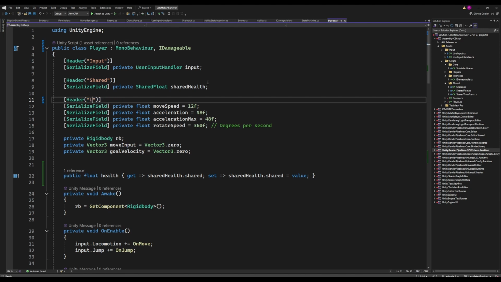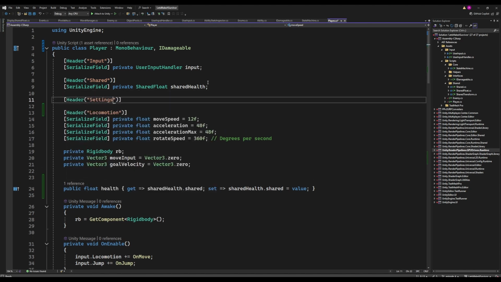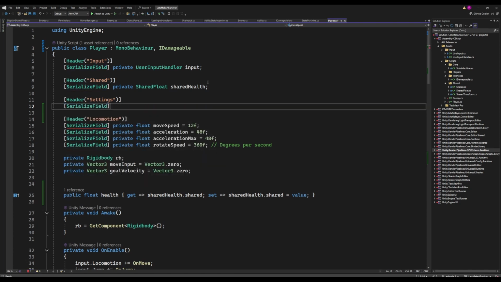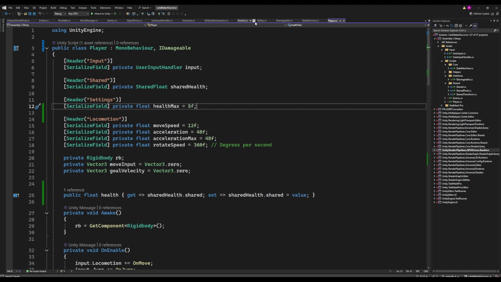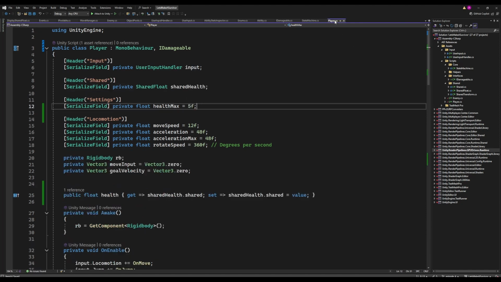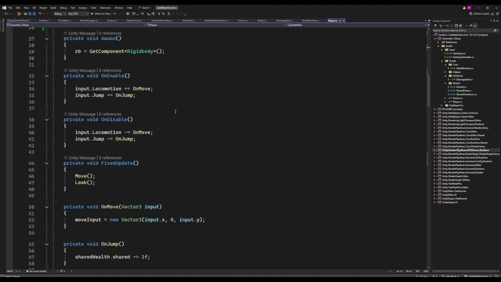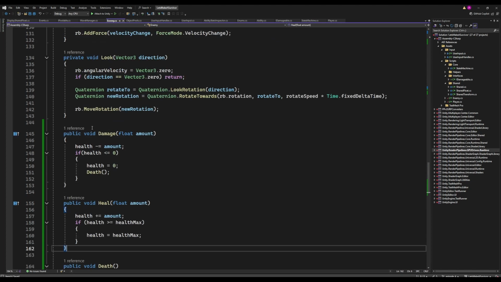Much like we've done with the enemy, we'll change this to locomotion. Header, settings, and we'll add the serialized field, private float health max. Start that at 5 by default. Did we put a default on the enemy? I don't recall if we did. Ah, we did not. We'll set this to 1 by default. Just for now. Okay, and exactly as we've done with the enemy, we can quickly grab these,